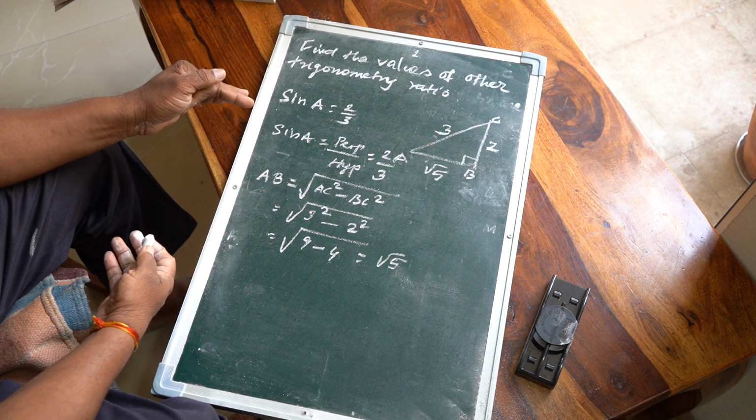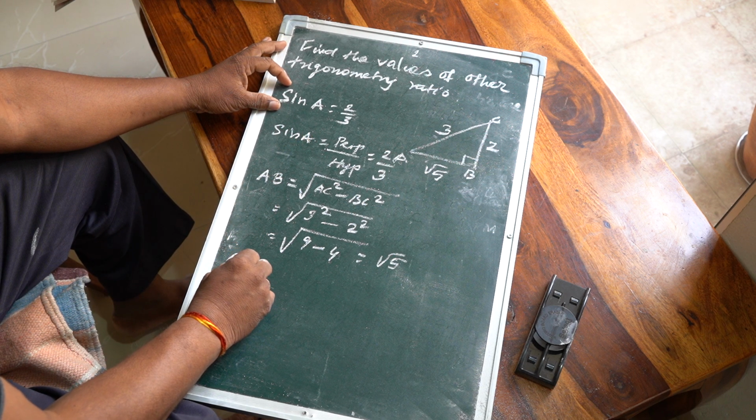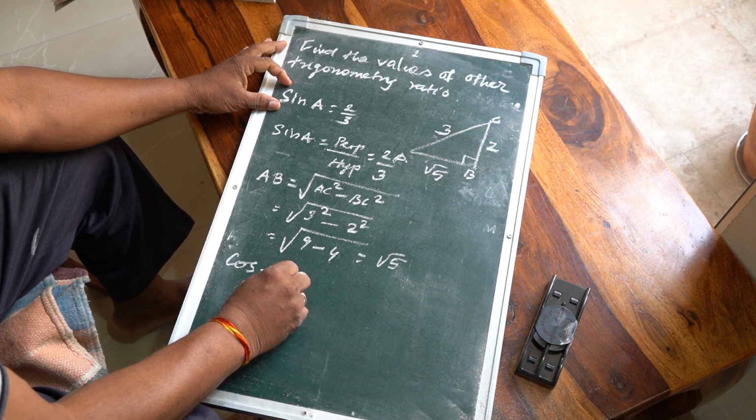Now we can easily find the remaining ratios. Sin is there. Next, what is cos A? Cos A means